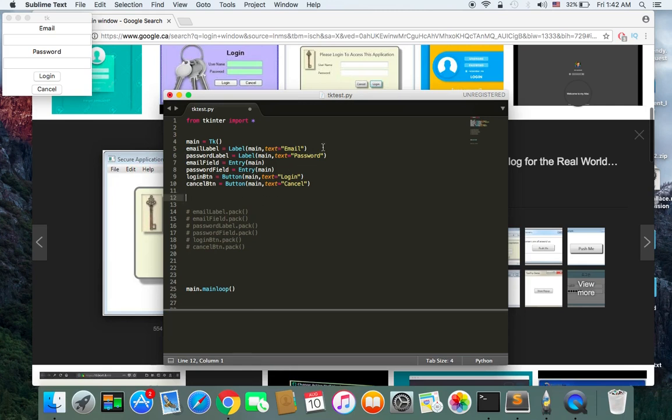So suppose that we have a grid, and the grid is something like the Excel sheet. The Excel sheet consists of rows and columns. So we are going to use this grid function. So for example, the email label, I'm going to call the grid function grid. And the grid function takes two parameters. The first one